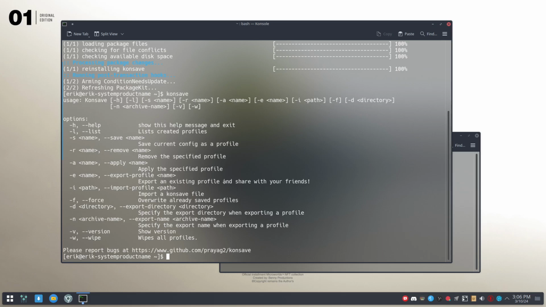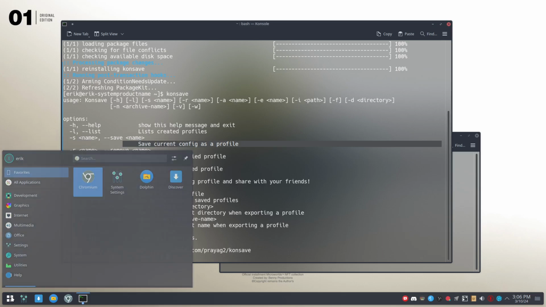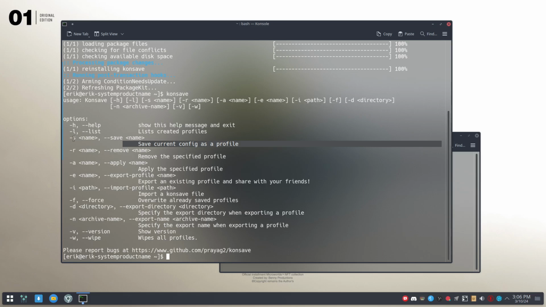Export an existing profile. First save a profile. That's the first thing you need to do. Set everything the way you like it. This is the way I like it, right? And then you say, now save it. Give it a name, edu. Then you can export it as edu. Move it to another computer system. That's the folder